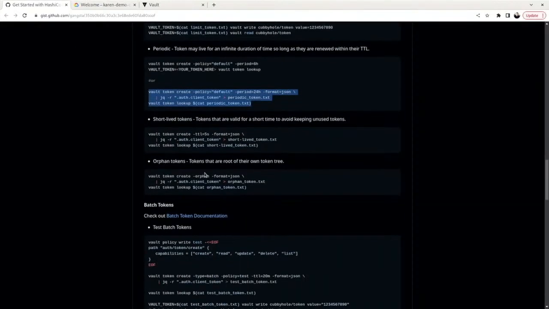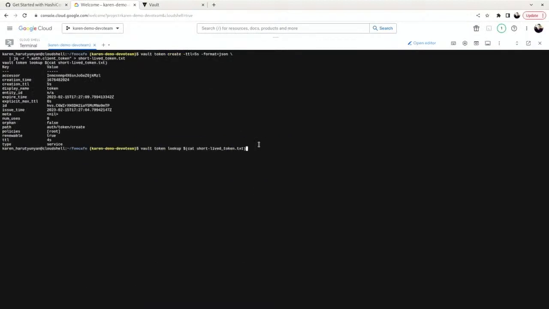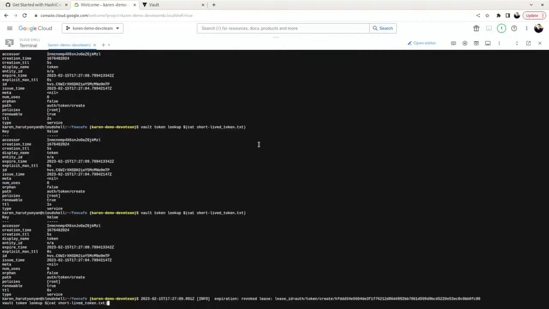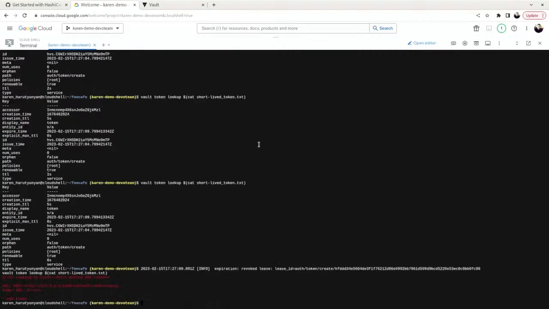The other one is a very short-lived token, and I have to be really fast here because I have specified 5 seconds, and within 5 seconds, if I don't access it, it will be gone. So let's see if I'm that fast. So I create a token. I can still access it, and there we go. It's revoked, and this message is because I put the dev cluster in the background, so it just throws some info. So this is how it is. So you can also specify a timing on it.